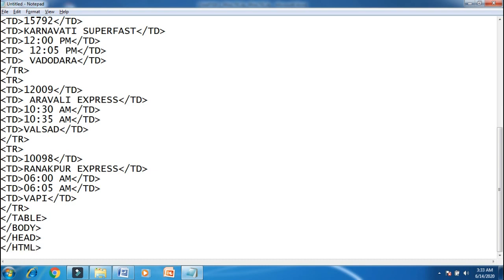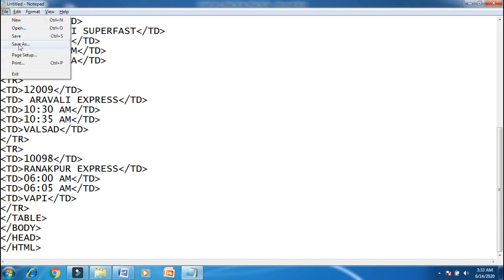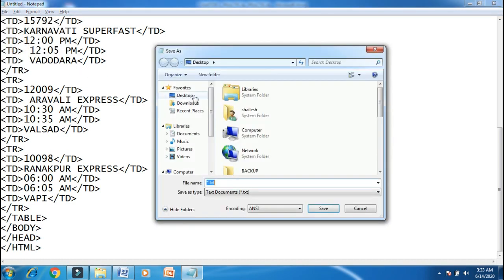So here your table HTML program is completed, and you have to save it on the desktop by the name train timetable. If you want to write it properly, you can put an underscore also, train_timetable dot html extension. The same file we have to open in Google Chrome or Internet Explorer.